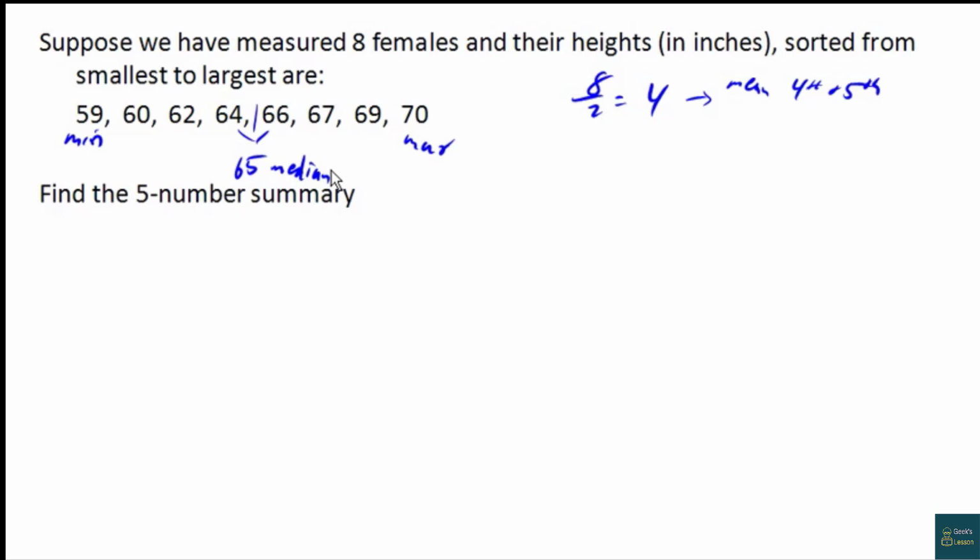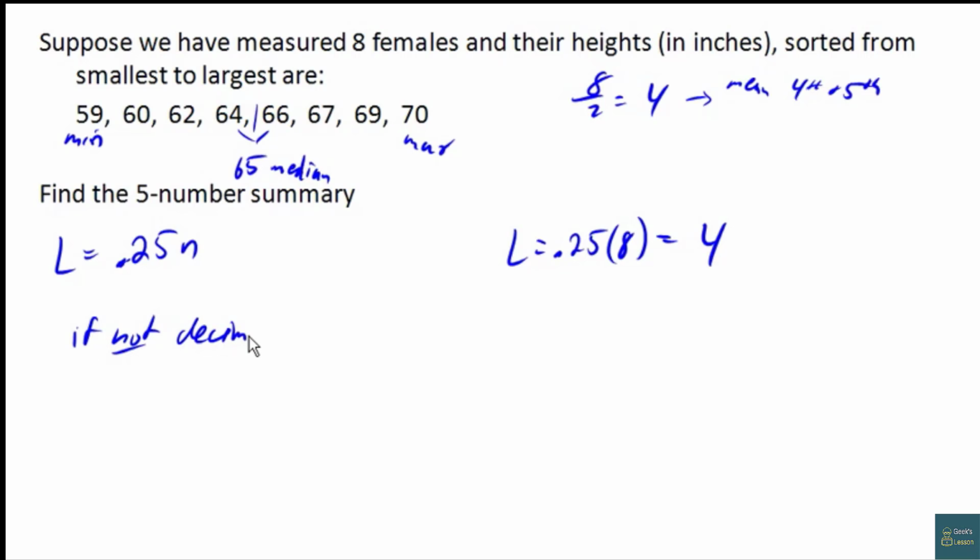And now let's see if we can find our quartiles. So we're going to do the same thing. We're going to use the locator method, which means we're going to find where 25% of our data is, or for quartile 3, we'll do 75%. So here, if we do 25% of our 8 pieces of data, we come up with 4, which is not a decimal value. So if this is not decimal,